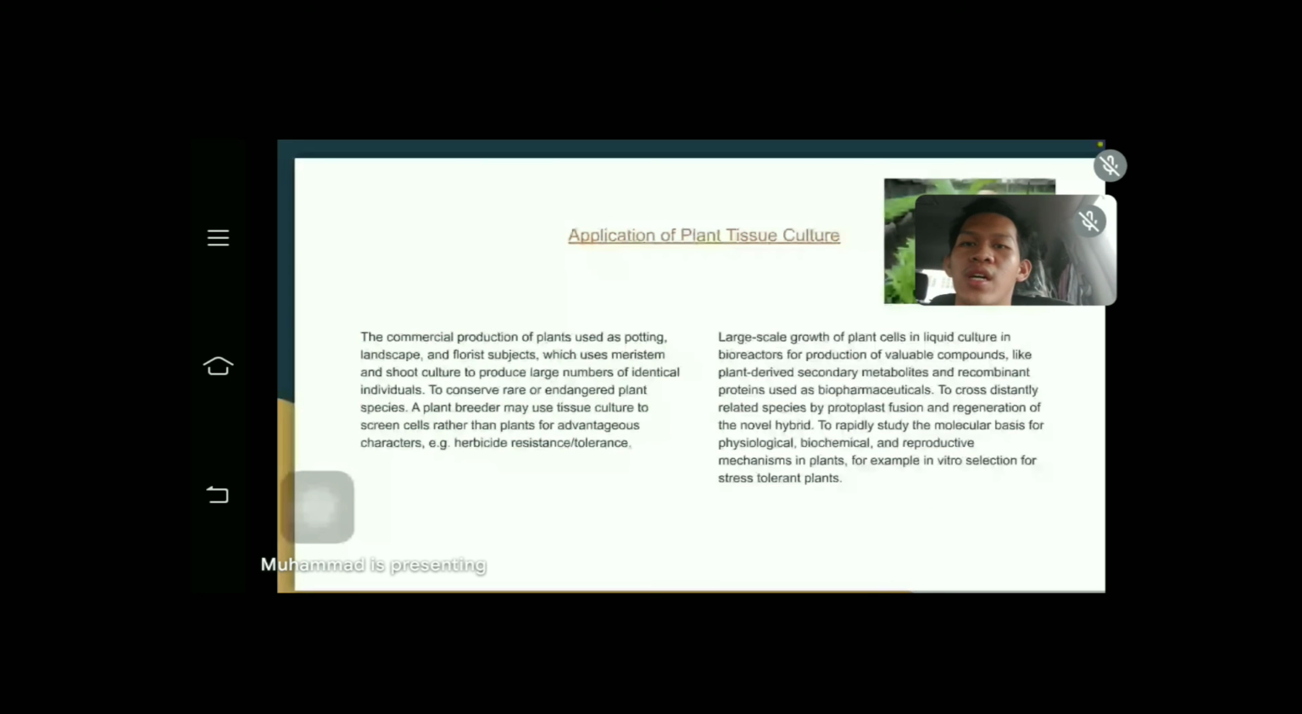So next we go to the applications of plant tissue culture. The commercial production of plants used in potting, landscape, and florist subjects uses meristem and shoot culture to produce large numbers of identical individuals. To conserve rare or